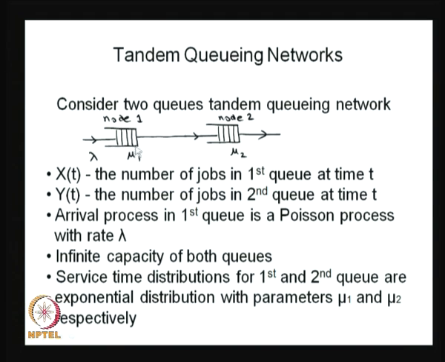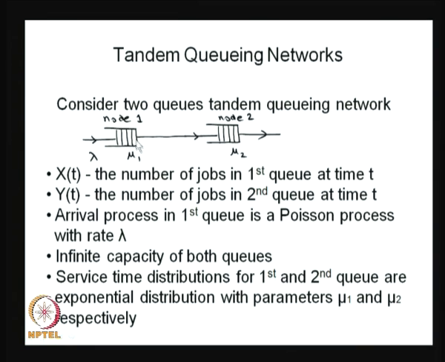So, ultimately this has to behave as an M/M/1 queue, and this also has to behave as an M/M/1 queue independently. Therefore, I make all the assumptions: the inter-arrival times are independent of the service for the first node. Similarly, the arrival for the second node is independent of the service of the second node, and so on. So, with that assumption, each queue in this queuing network is going to behave as an M/M/1 queue,